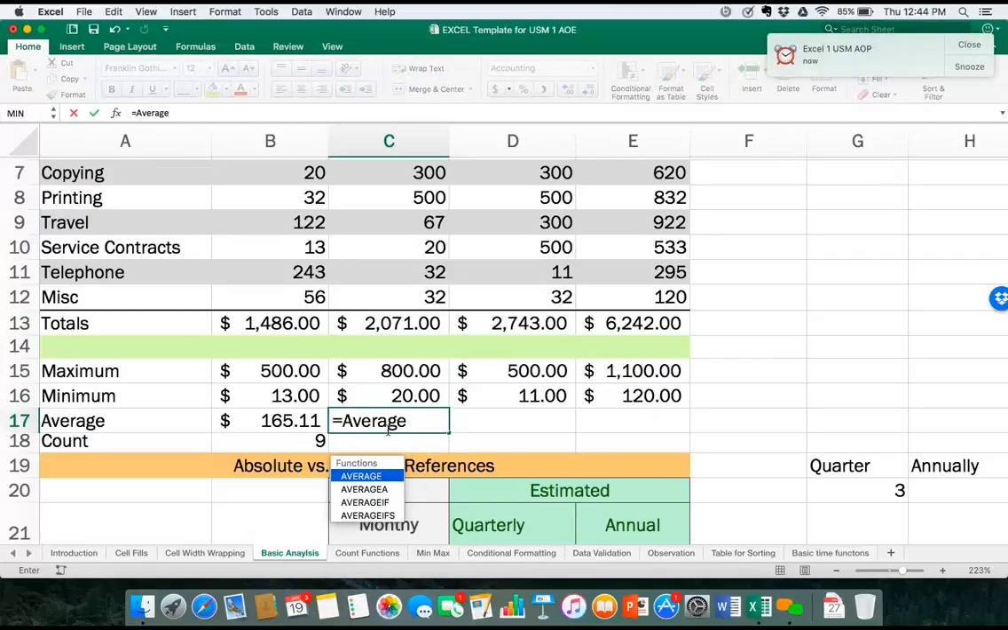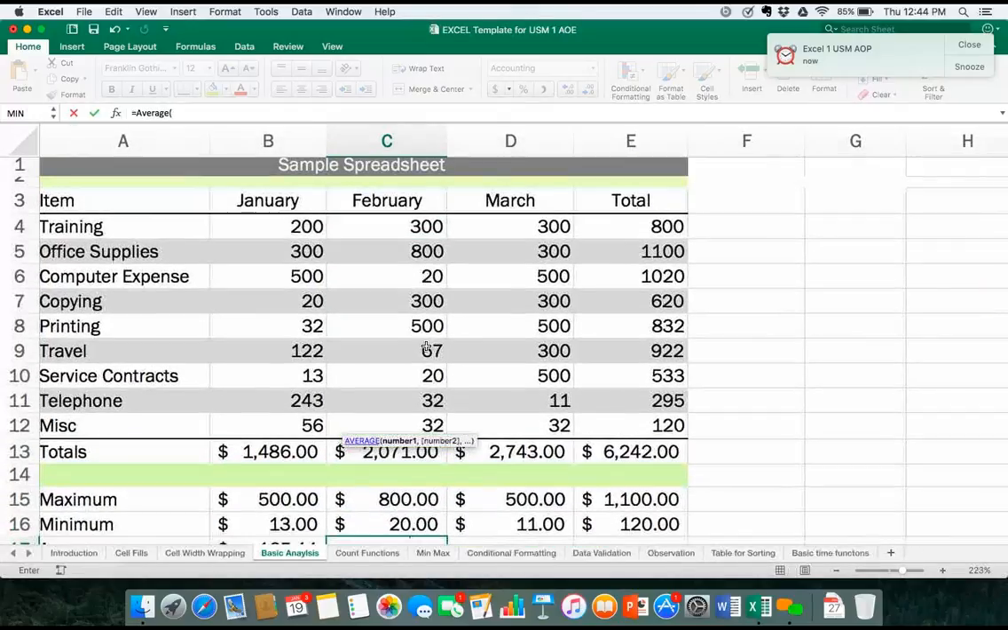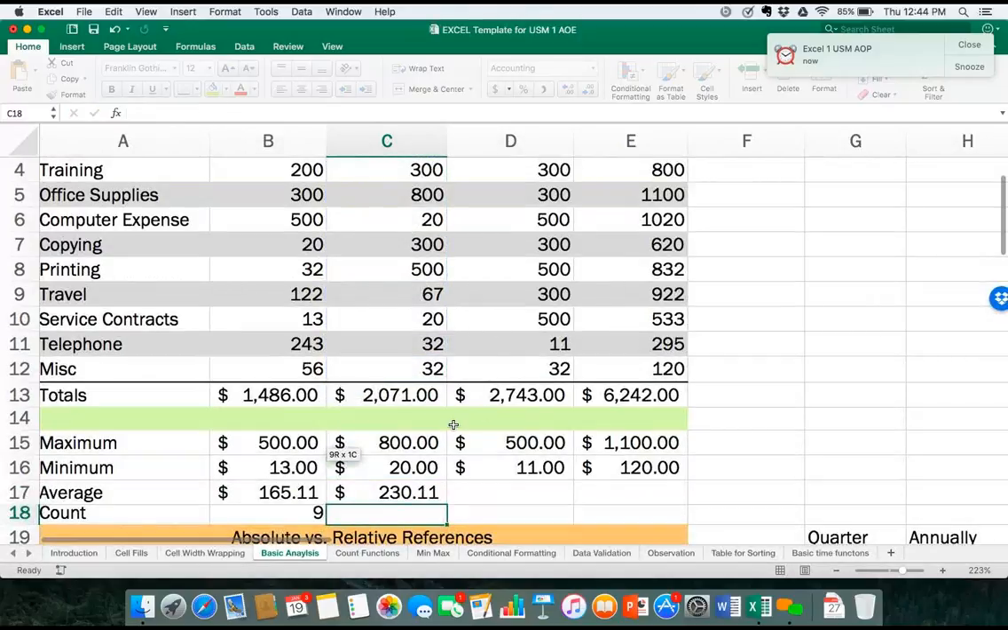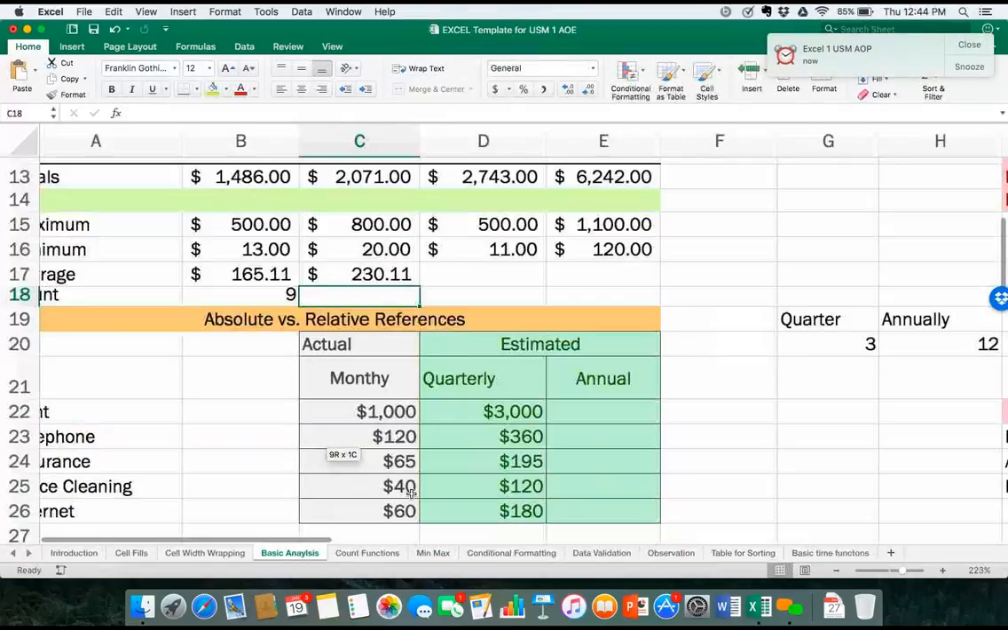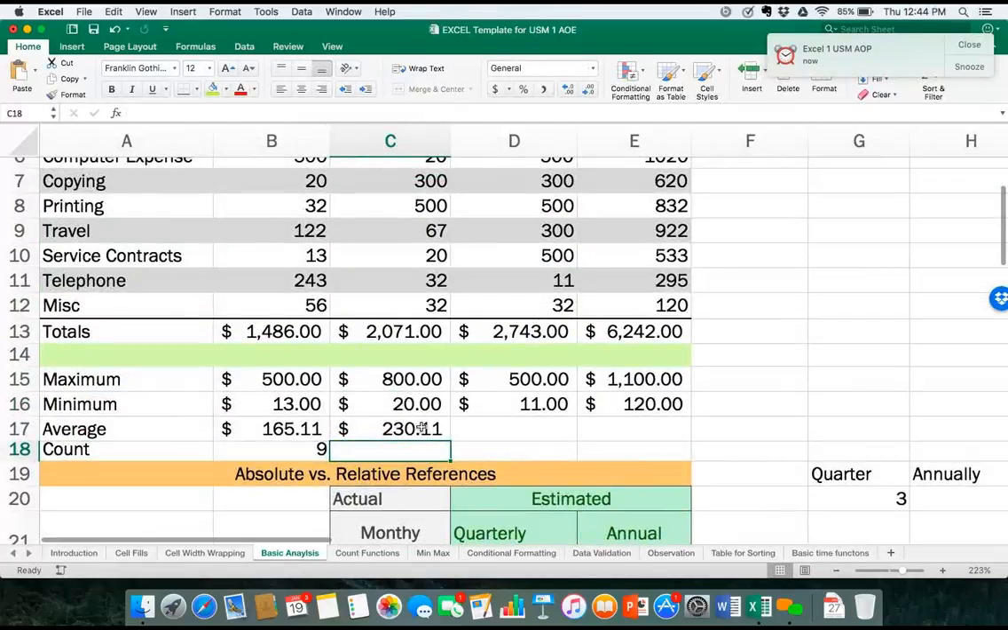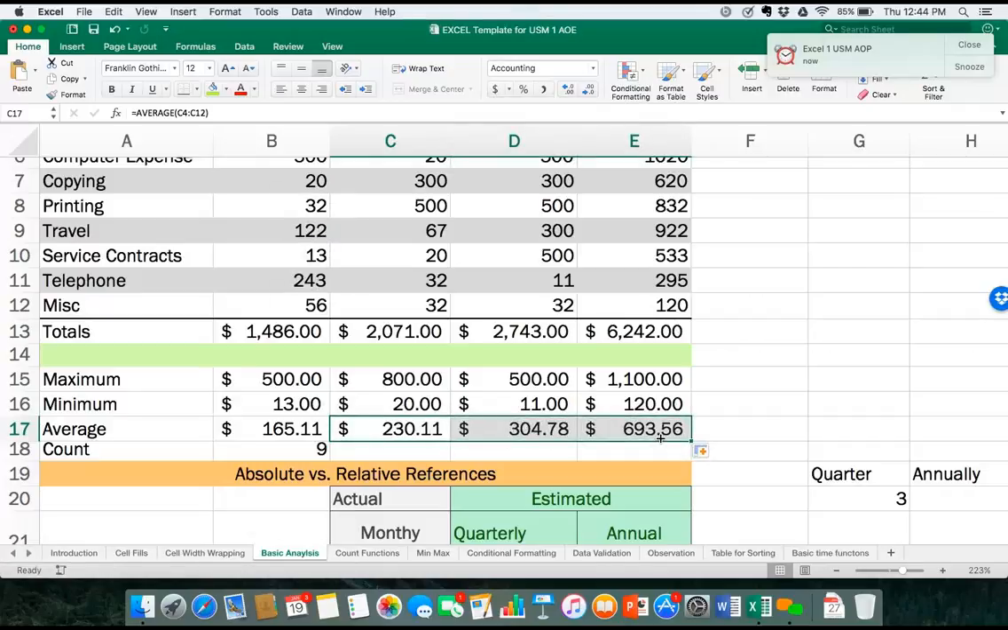Because there's just a lot of AVG type formulas. Once again, go here, go down, and that's going to give me my average expenditure, and then again I can go across, and that tells me what my average is. Okay? So the last one